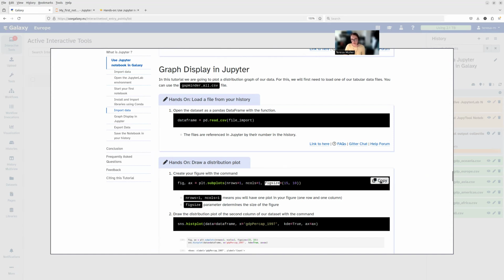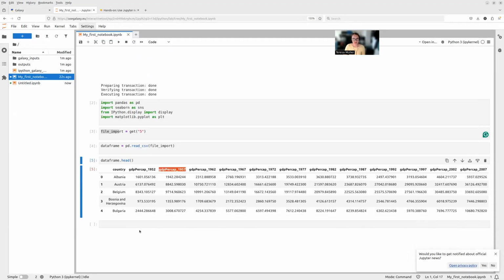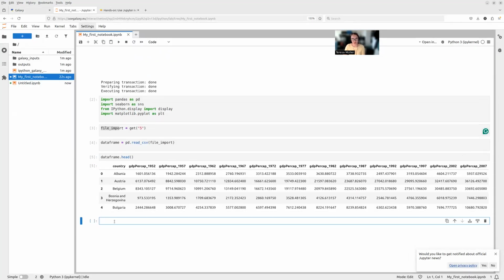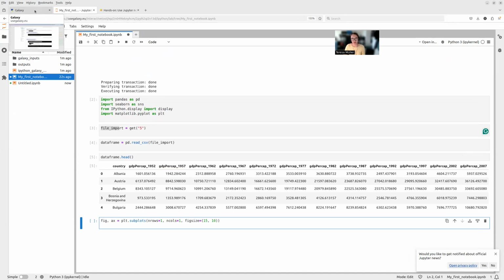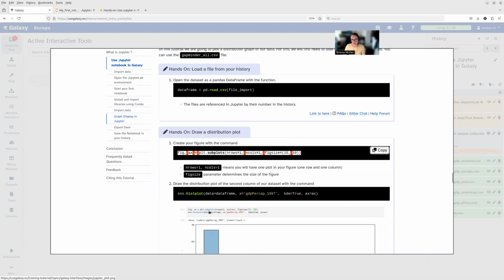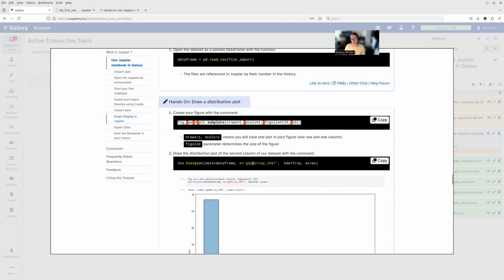So I copy over this line because this defines first what kind of plot we want to have. And next, we're going to say what kind of plot we want to plot here and what data should be plotted. So we want to plot the GDP per capita from the year 1997